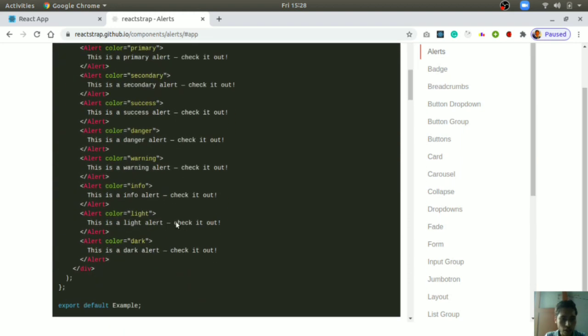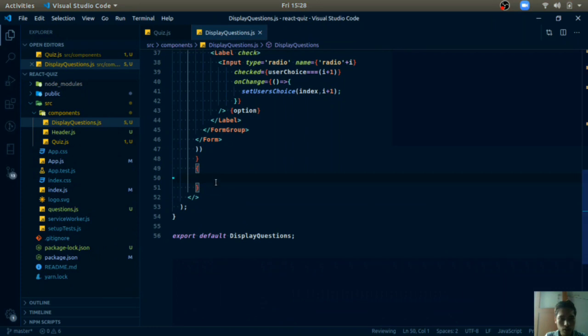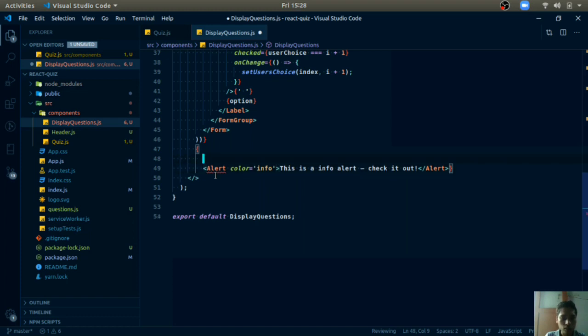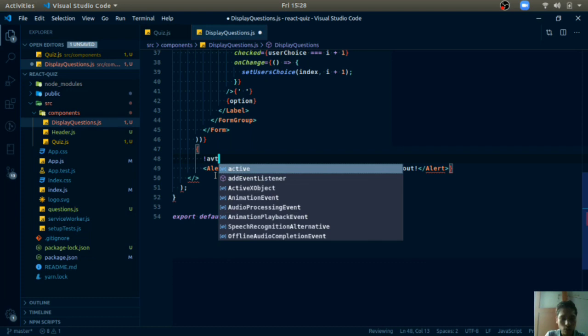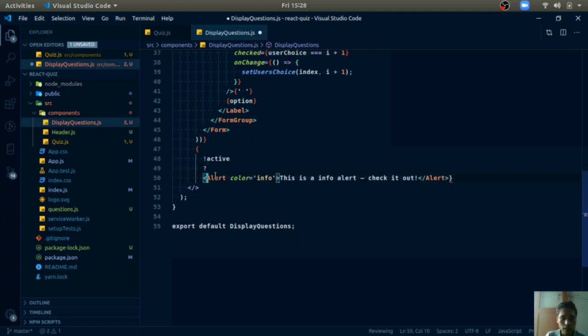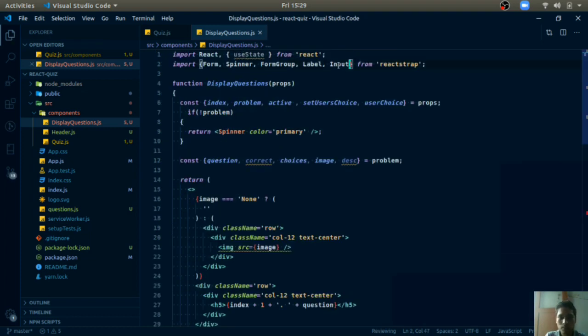So I will use alert color equals to info, and this will be displayed only and only when the user has completed the quiz. So I will place a condition, when not active, then only it will be displayed, and otherwise we will return an empty string here. We need to import alert from React Strap.